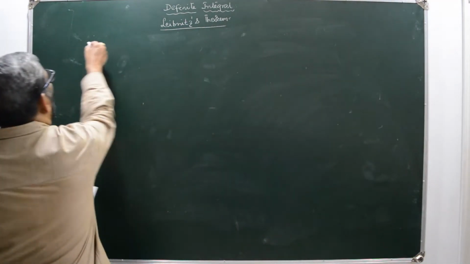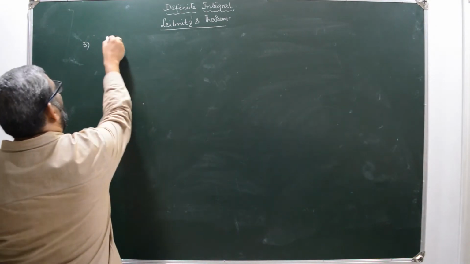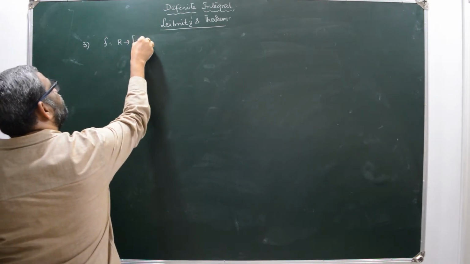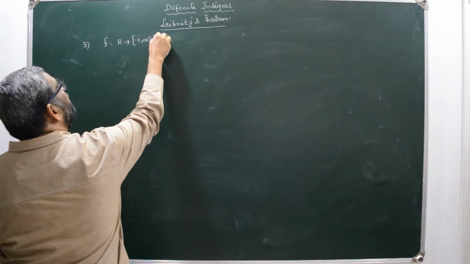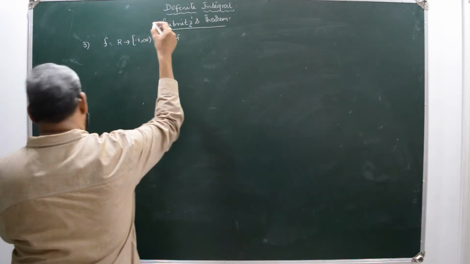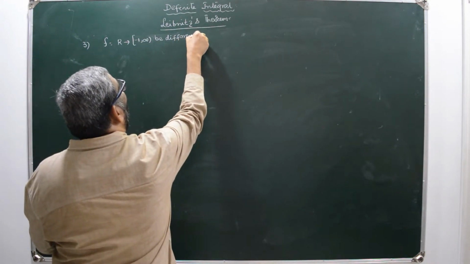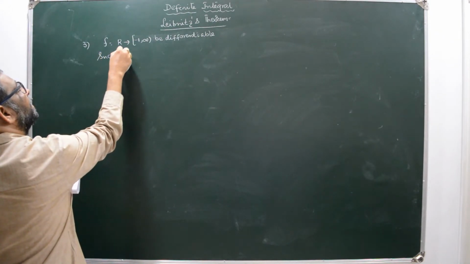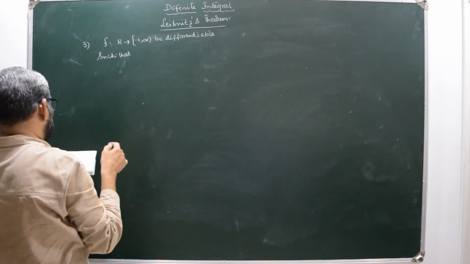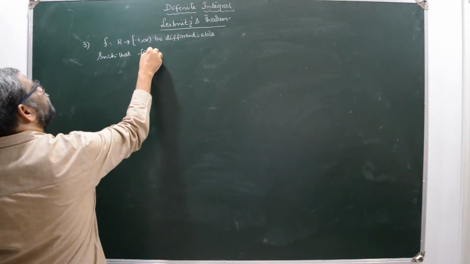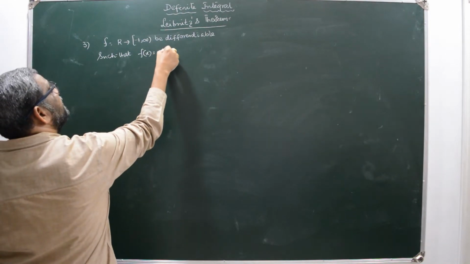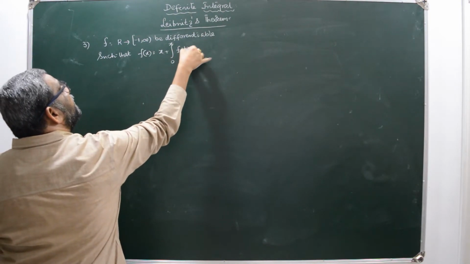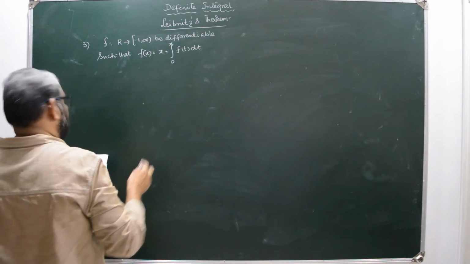The third problem, I will do one more, the third one. Let f: closed minus 1 comma infinity to R be a differentiable function such that f(x) is equal to x plus integral 0 to x f(t) dt. Then